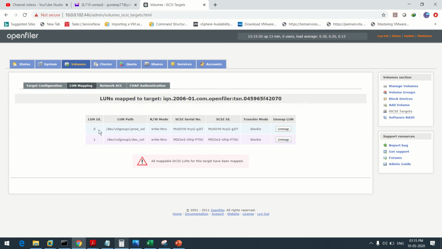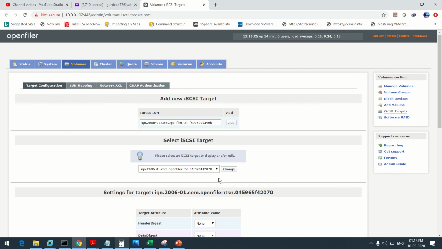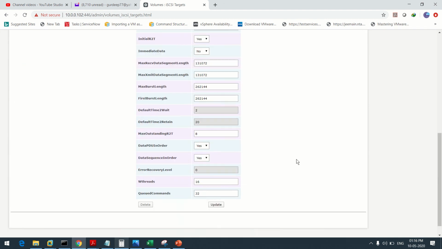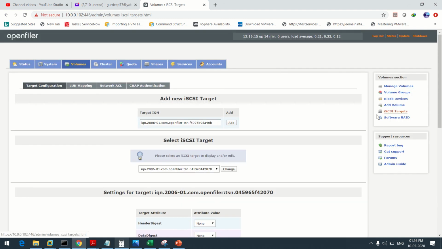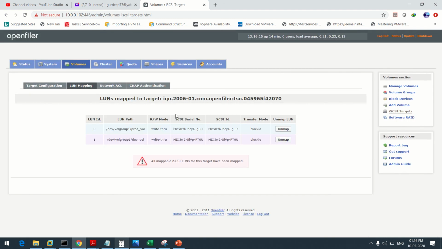Now further we have to map these LUN IDs, LUN 0 and LUN 1, onto the IQN number. For that, just go to the target configuration. This is your IQN 2070. Okay. LUN mapping. Now these LUN IDs are already mapped to the IQN number 2070.